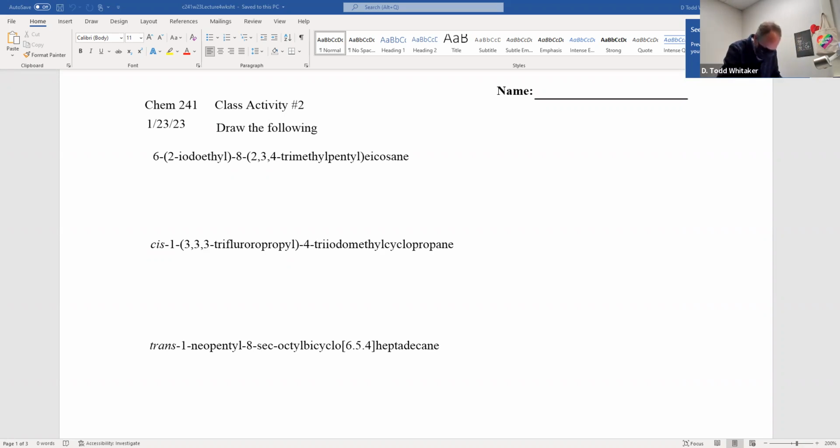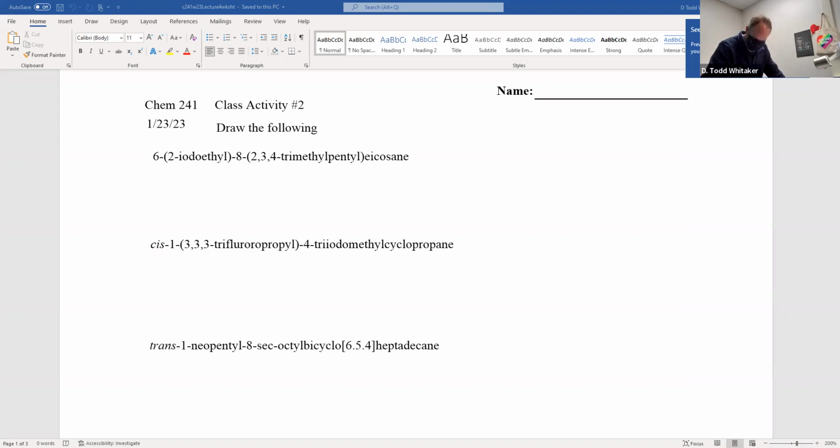And that didn't end up in green. How about a straight line? There. And which of those gets the iodo? This first one or this second one? I think you know the answer. Second one. So there's your iodoethyl group on carbon number 6.